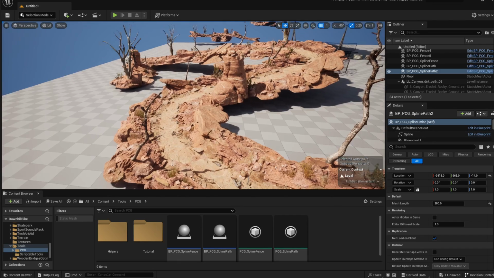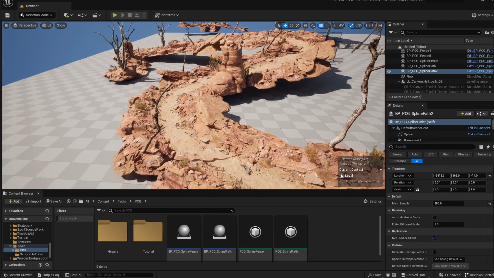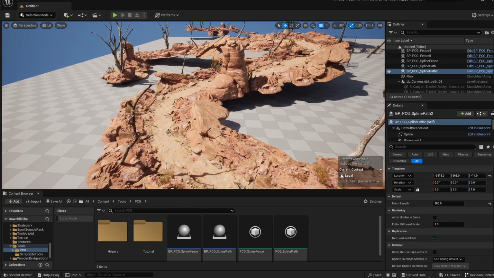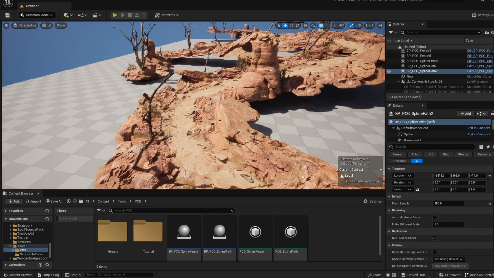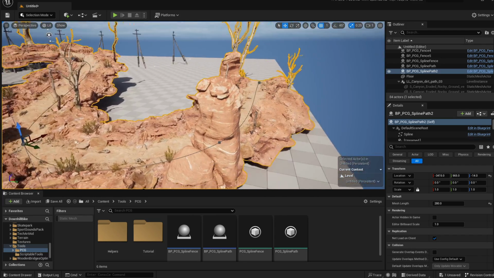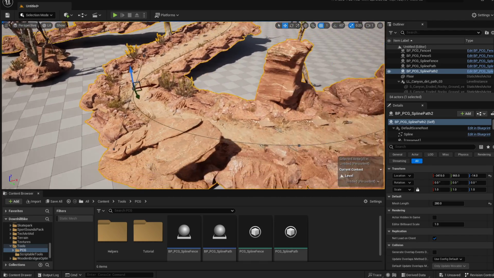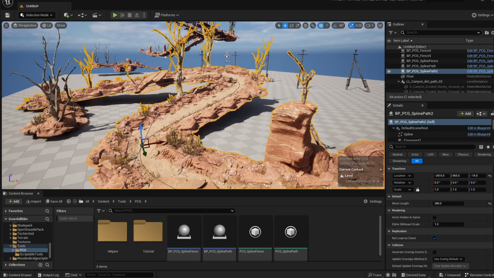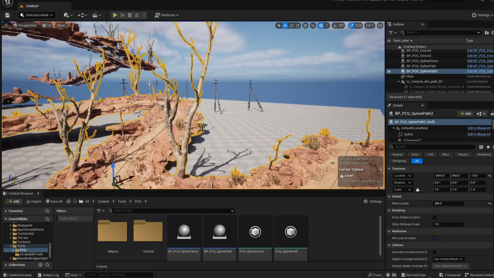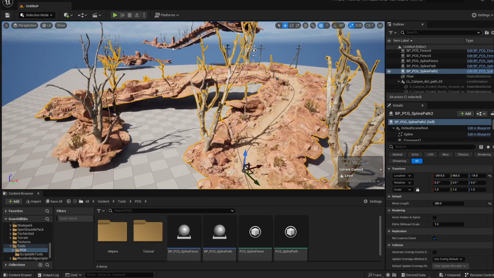Hello everyone, today I'll show you how you can make this spline path, spawning random path generated along a spline that you have drawn in the level. You can see every time I change the spline, the new path is generated with random features along the sides of the road, like trees or rocks,